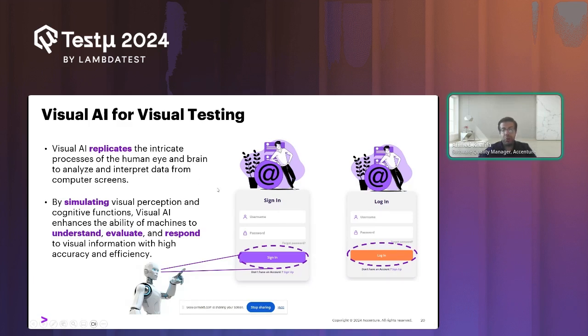If you have an image, you also don't convert it to pixels, but you deal with this image as an image. And this was a very important part to make visual testing less prone to false positives, right? Because now you are dealing with elements in the page.